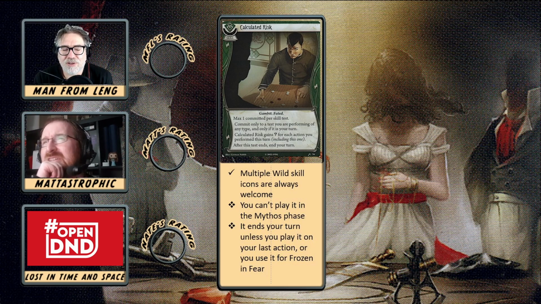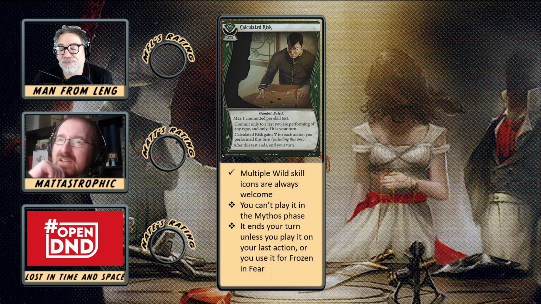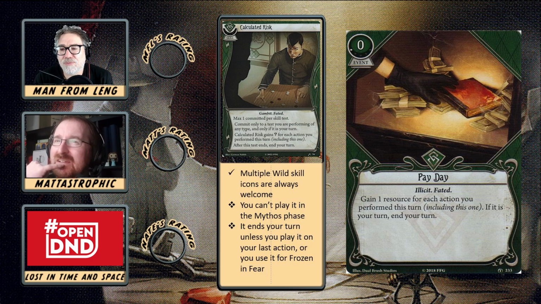I was trying to think whether I would prefer, when you were talking about Take the Initiative, with Take the Initiative you start with 3 wilds and it gets worse. Yeah. This one you start with 0 wilds and it gets better, although you only have really 1 opportunity to play it. Yeah. Well, it's because they're kind of mirroring the whole thing with Payday, right,